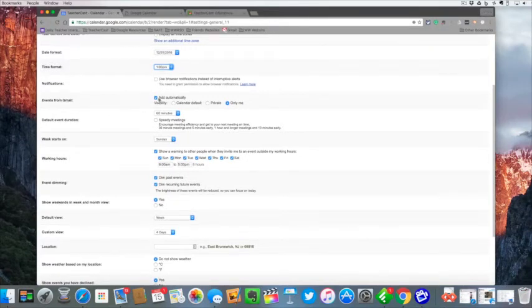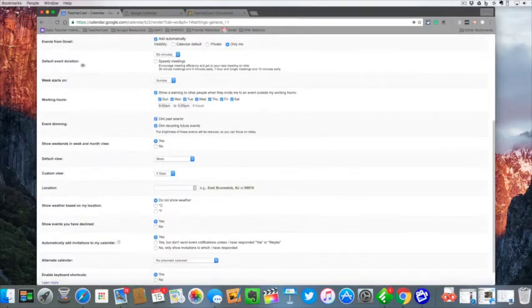Do we want to add events from Gmail? Absolutely. So that way when you get an email message and click on yes, it automatically pops up. Default event duration. Some people want to do 30 minutes. Some people do 60. That's just the default. We can change those constantly. You can say my week starts on Sunday, Monday, or Saturday. So for instance, if you're in a school district and you want everything to be week first, weekend last, you can have it Monday through Friday with Saturday and Sunday at the end, or you can have it be a